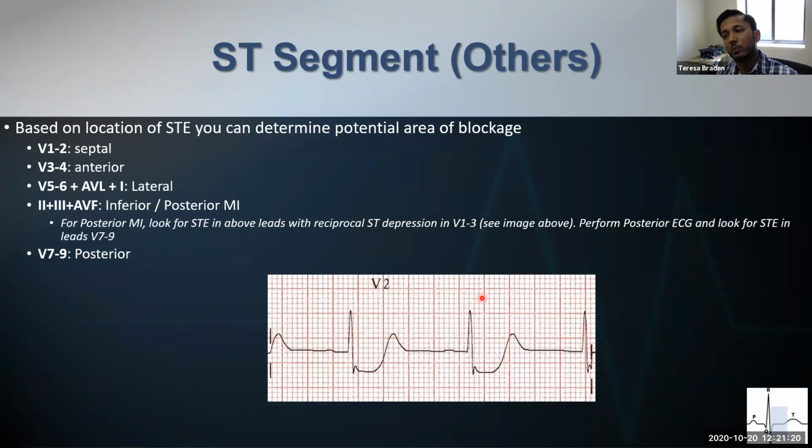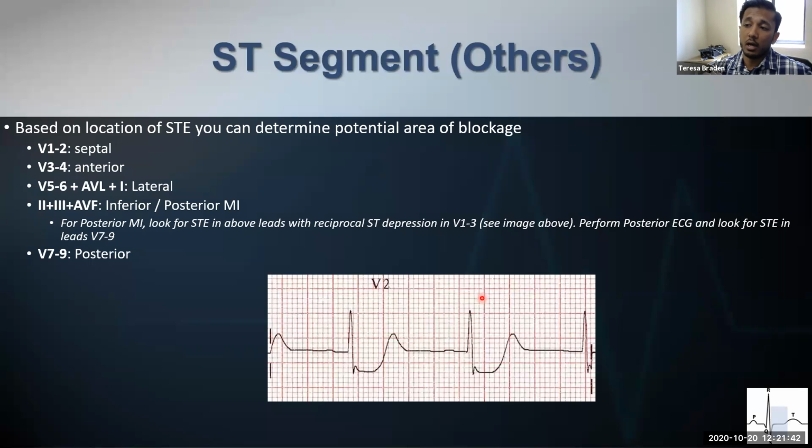And then the lateral segments: your high lateral are going to be your 1 and AVL, and your low lateral will represent V5 and V6. And then leads 2, 3, and AVF are going to be your inferior leads, with the posterior MIs also being potentially involved with that. Remember, your RCA can sometimes supply that inferior or posterior portion of the heart,